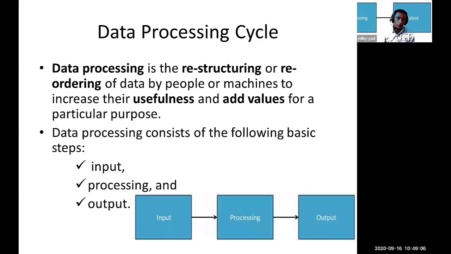So the data processing concept has three main basic steps. The first one is input. Input means inserting raw data into a computer in different formats. Actually, when we look at computer hardware, there are four major units. The first one is the input unit. Input unit means the hardware part of a computer used to insert or feed data